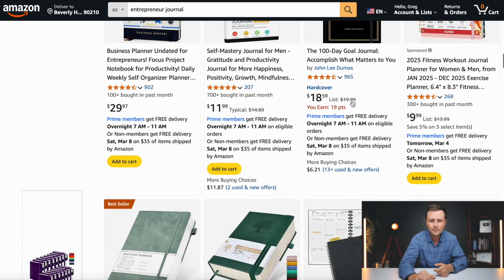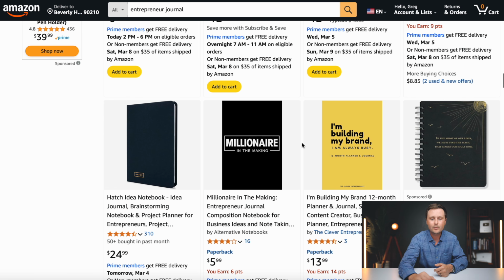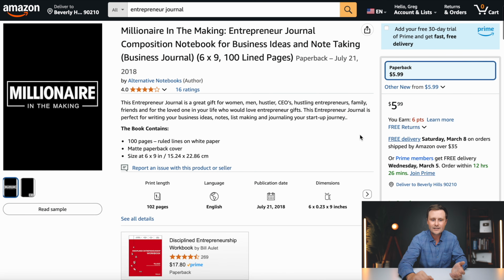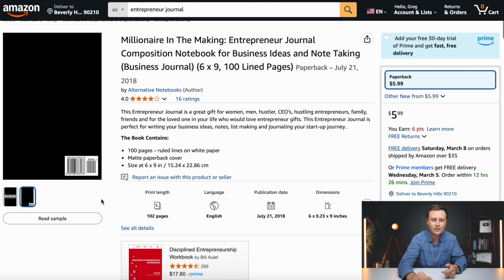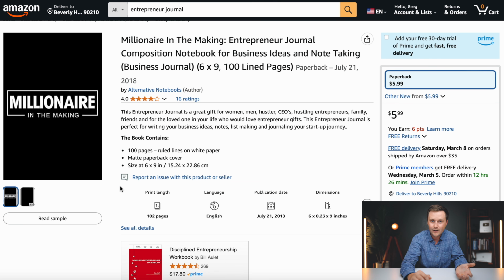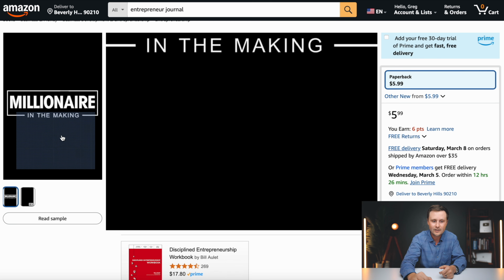Here's another one right here, one more here, and then just another couple examples down here. Most people don't realize as they're scrolling through Amazon that these books with just mock-ups of the covers are not actually printed yet. So if we click on one of these, this brings us right into this listing for this book, and I can tell because it has the virtual front cover and back cover, this is being done with Amazon KDP. So the Amazon KDP seller who created this book has just created this cover design for the